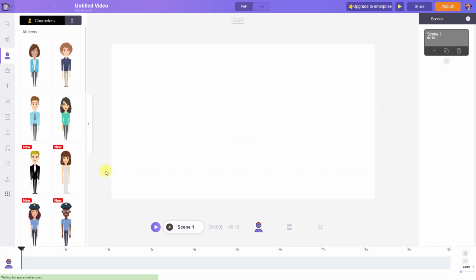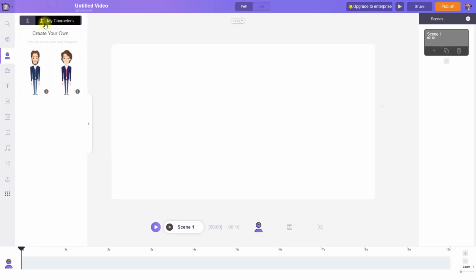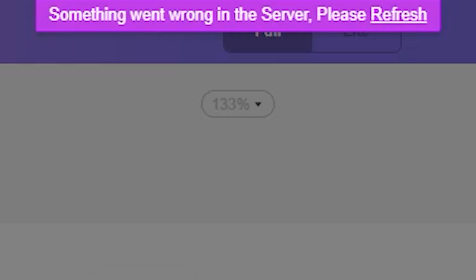So click on that. Now you can see if I click on that character plus button, our character is over here. But before that, I'll tell you that we can rename our project as well from above. I'd like to call it trial test 2. While I was working on my last project, it crashed as soon as I hit the preview button. So yeah, if you are working on heavy projects in Animaker, be sure to expect a crash or two. But I don't think that's a big problem since Animaker has provided an autosave feature for the animations.